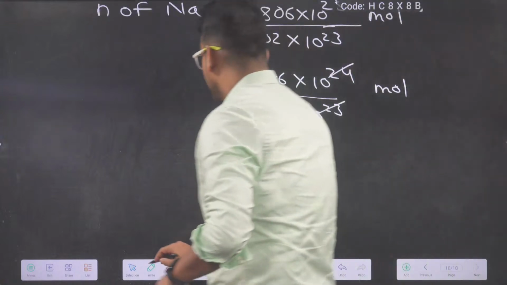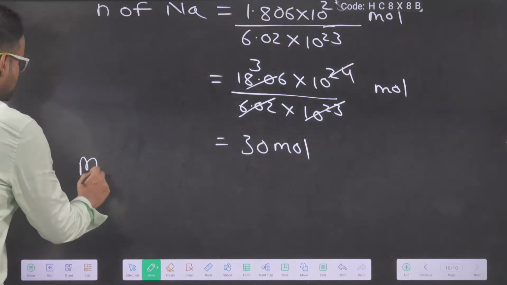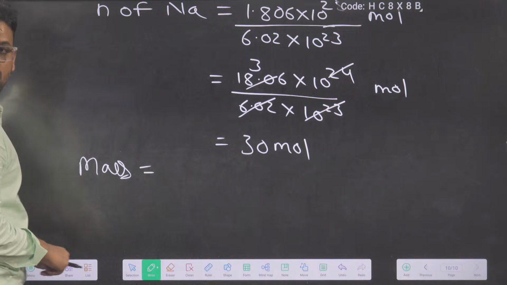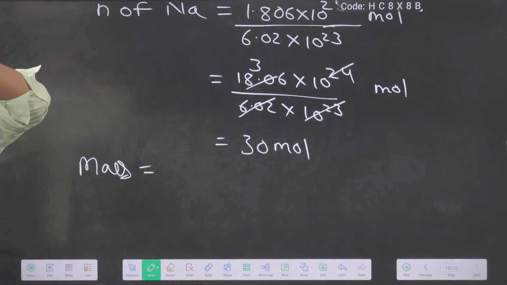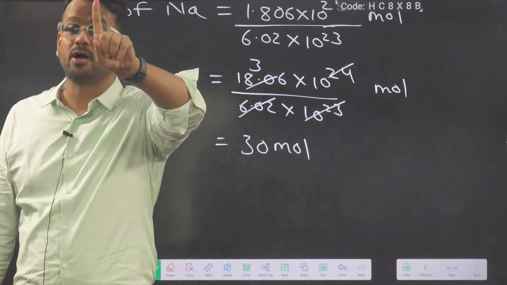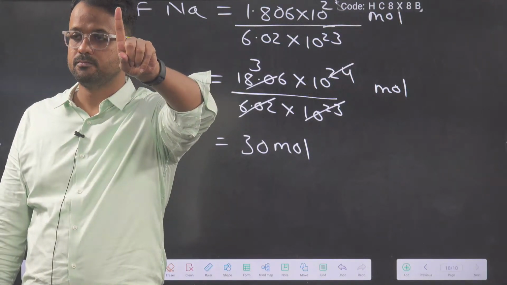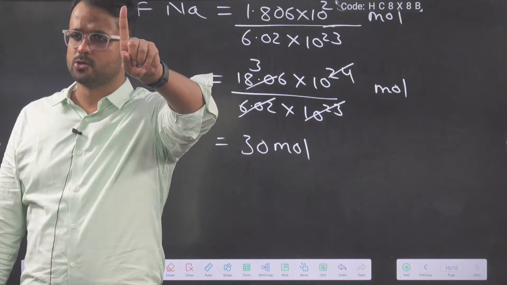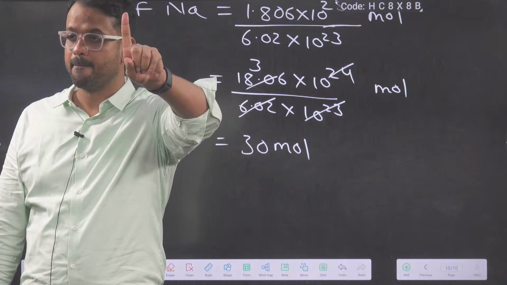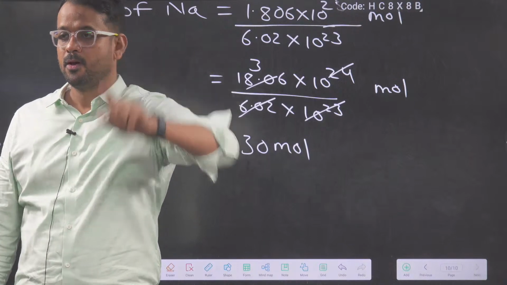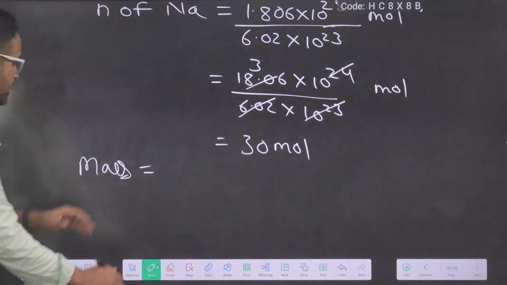And now you have to find the mass. So beta, what is the mass of 1 mole of sodium? 23 gram. So 30 mole mass will be